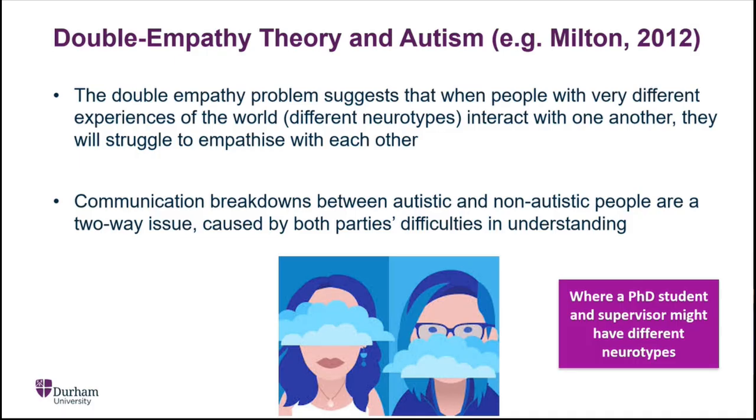And of course, through none of this are we assuming that the supervisor is always neurotypical and the student is the one who might be neurodivergent. We have many neurodivergent academics and many neurodivergent supervisors, who will be supervising neurotypical students or neurodivergent students. So it's about cross-neurotype communication more broadly, and being prepared to put that extra bit of effort in to make sure you are coming across clearly, and that you're interpreting information from other people in the way that they mean it to be interpreted as well.